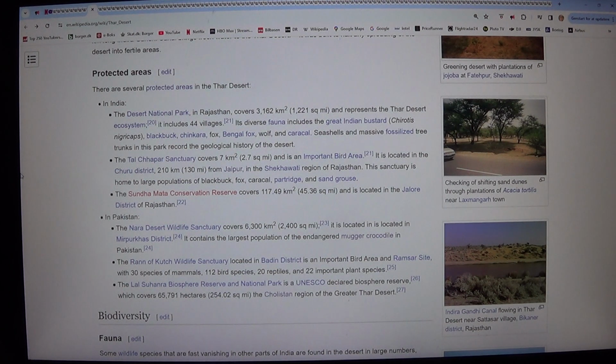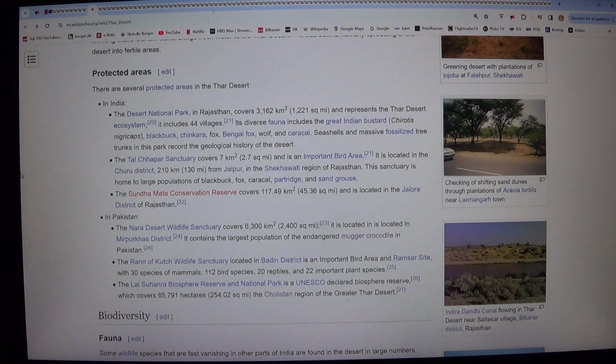It includes 44 villages. Its diverse fauna includes the Great Indian Bustard, blackbuck, chinkara, fox, Bengal fox, wolf, and caracal. Seashells and massive fossilized tree trunks in this park record the geological history of the desert.